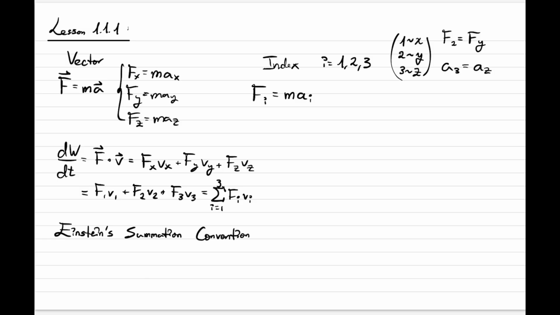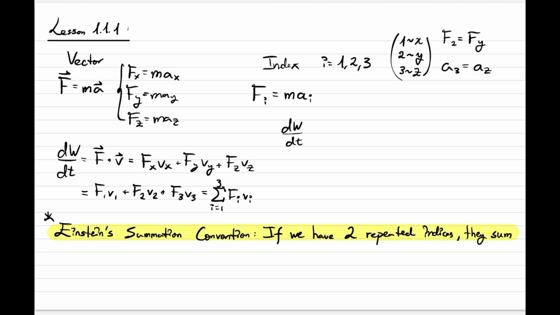So what's Einstein's summation convention? Einstein's summation convention says that if we have two repeated indices, they are summing. So what does this mean? We are going to take this with an asterisk, and we are going to put that this is very important. This means that we can write,